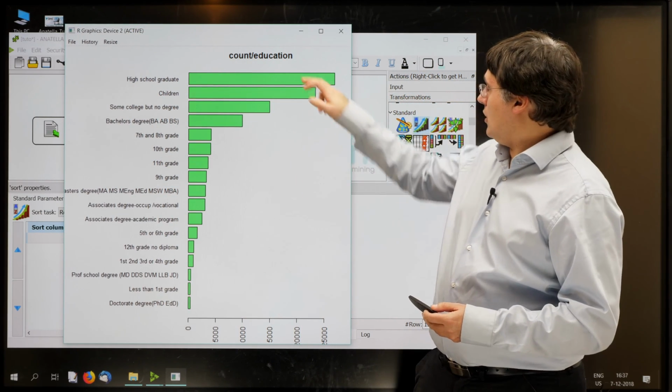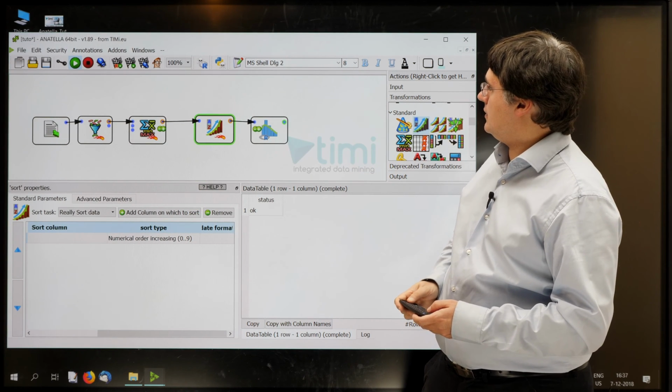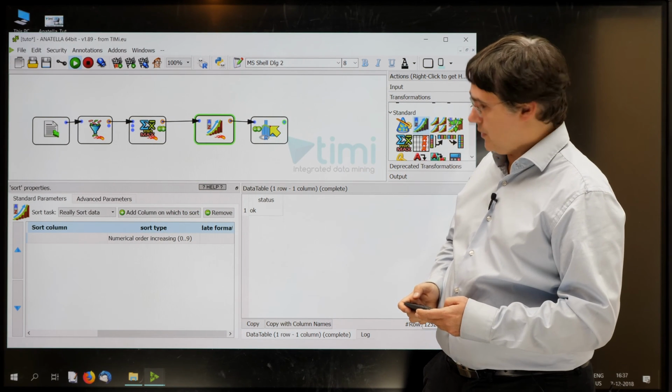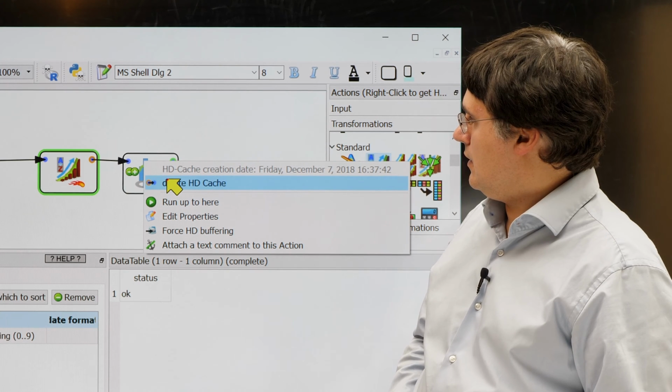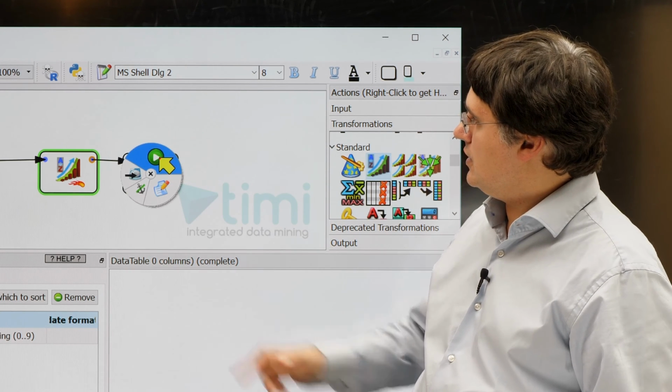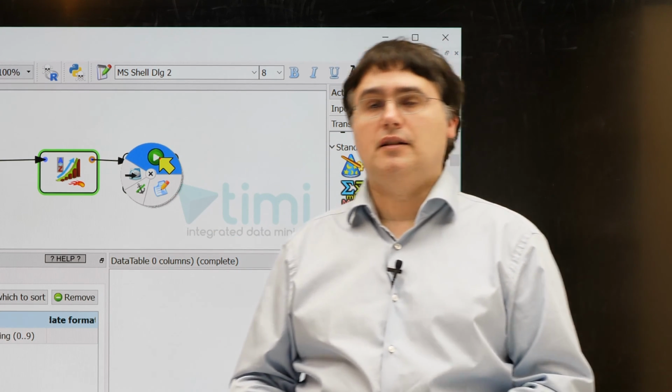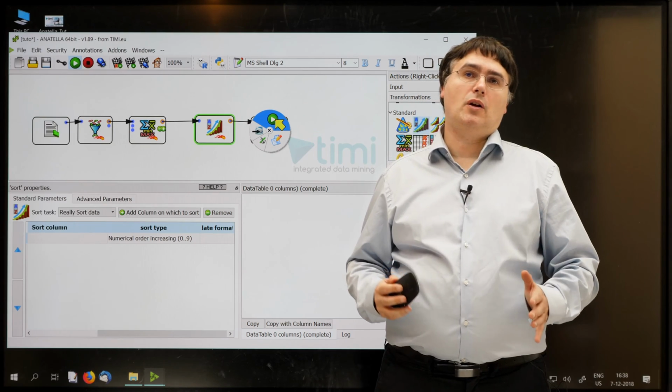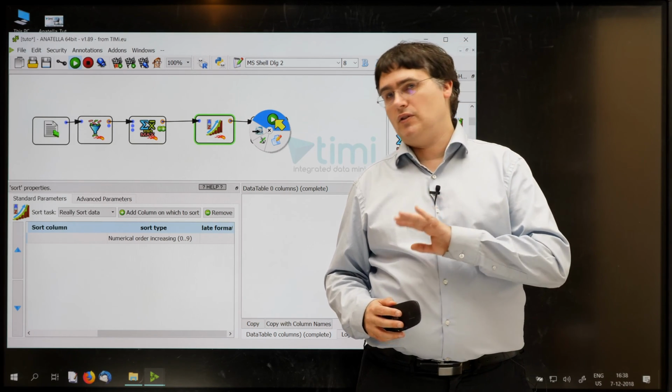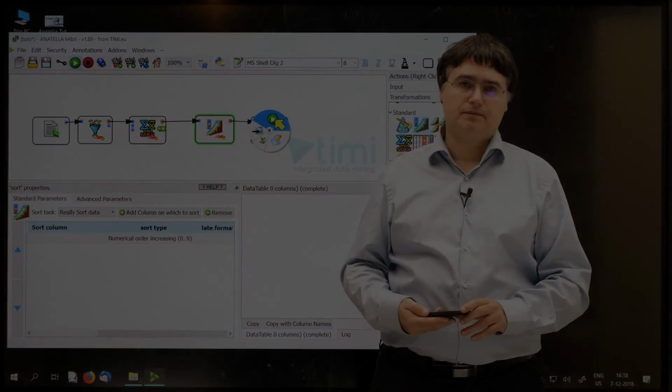This is the first option. The other option is to right-click the box again, but this time select Run. When you select Run, this will always execute the box, even if there is already a cache.